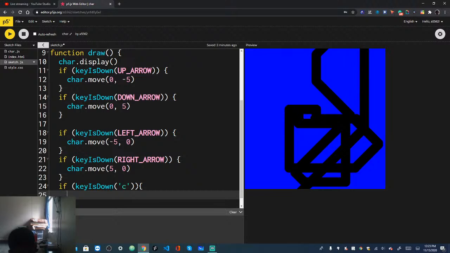I just want to say char dot change color. Let's change the color to blue. No, yeah, white. No, let's use red. So if I save it and run it again,